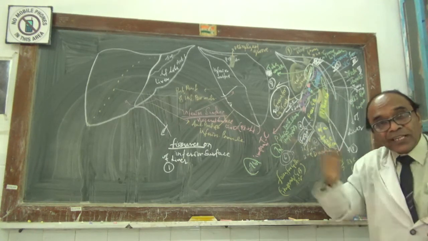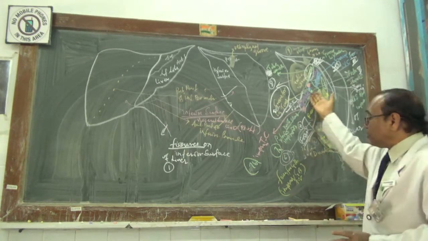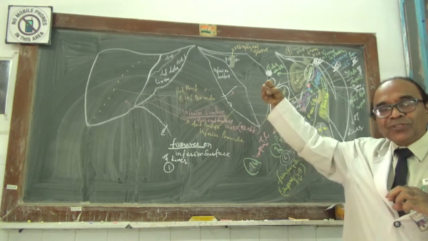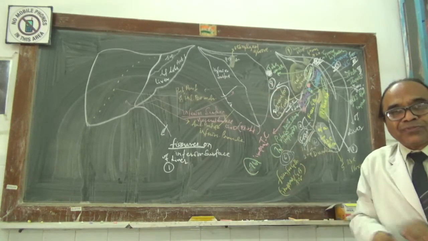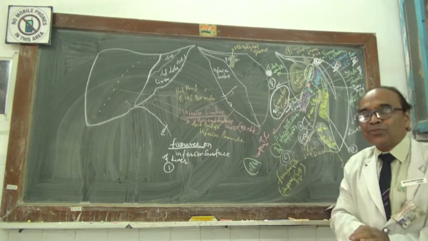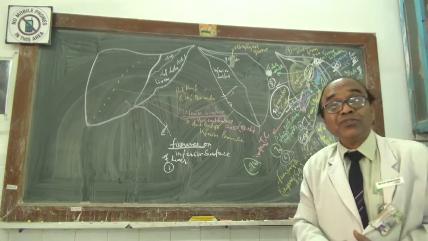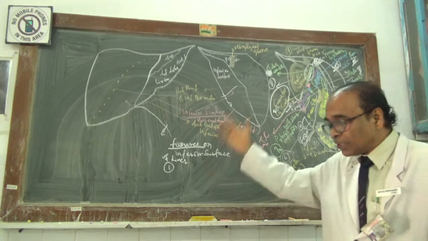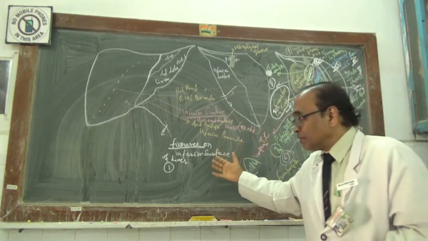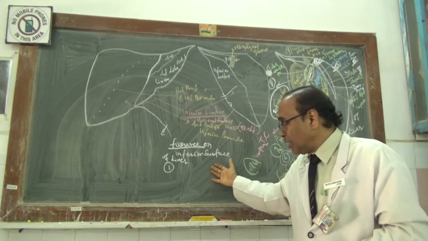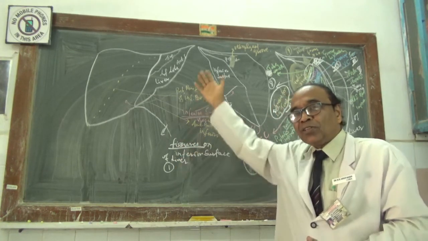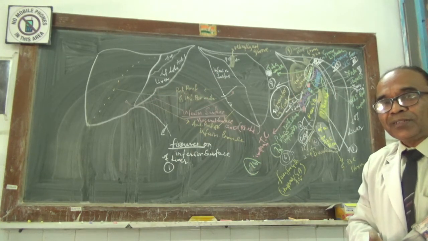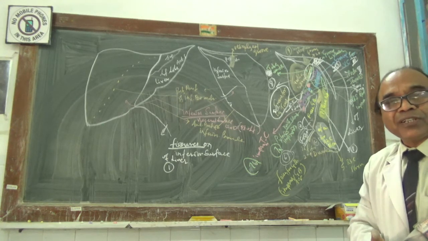Whereas the structures which are entering and exiting the porta hepatis will pull the liver upwards and towards the right, and downwards and towards the left. So that way the liver is held in position by those ligaments or folds that are there in the liver. They were already discussed in connection with the peritoneum, especially the vertical dispositions.